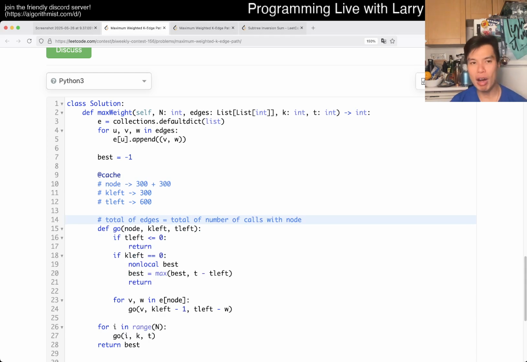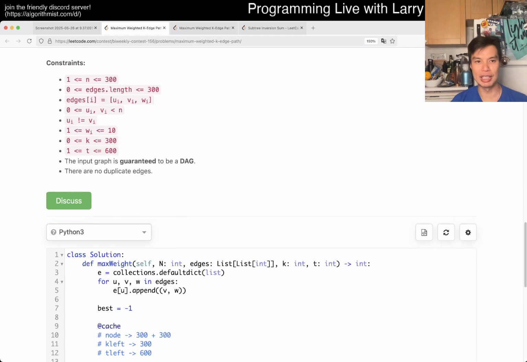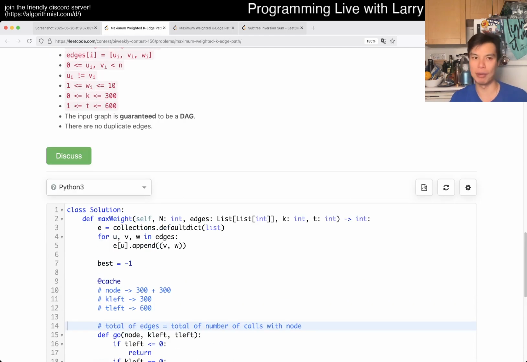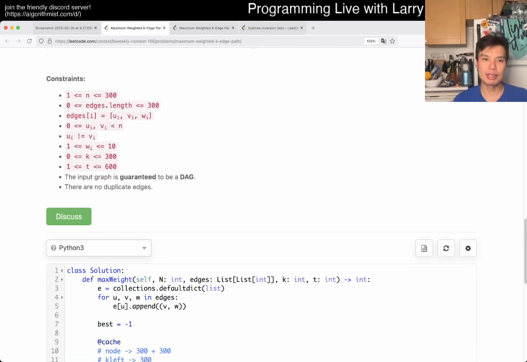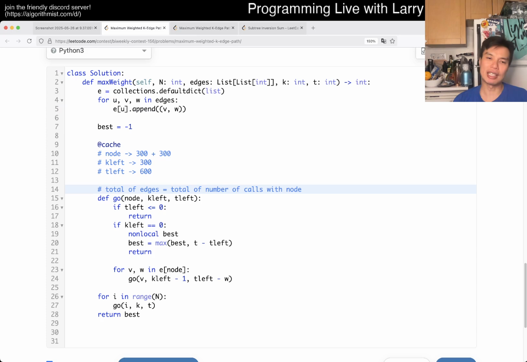The TLDR is why it works is just because a lot of them are not possible, right? Yeah, I mean T is 600, but it actually isn't even 600. No, I guess it could be, but a lot of them are just not possible. I think that's the TLDR, right? And because a lot of them are not possible, then you just end up going faster. For example,